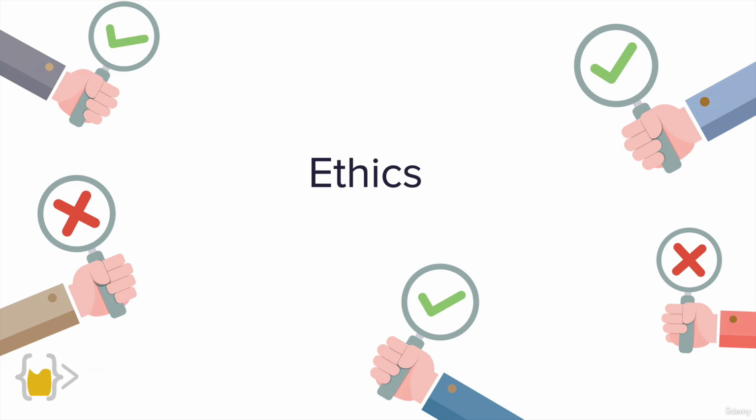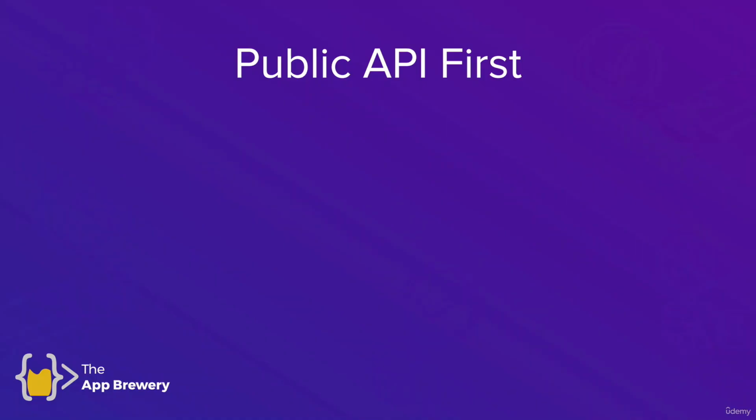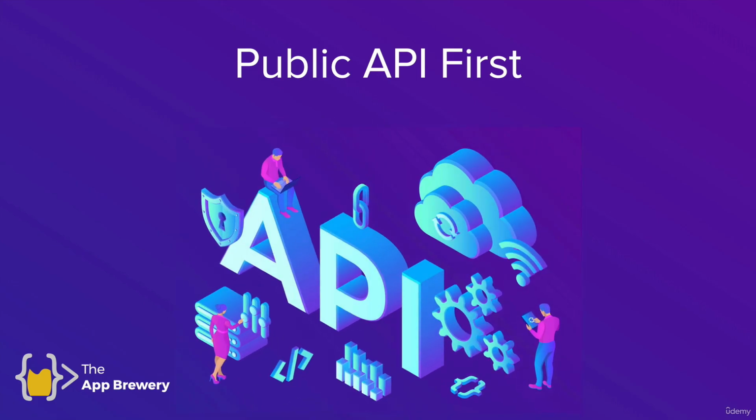In terms of the ethics, a couple of things that I would recommend abiding by is if you come across a website and they have a public API, which we've already learned about and we know how to use, then always go for the API. If it requires an application, then apply for it. Don't just go ahead and try to take their data when there's already a route for you to use and